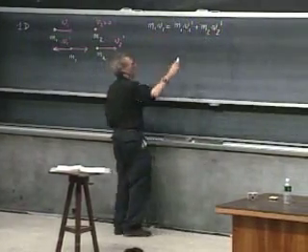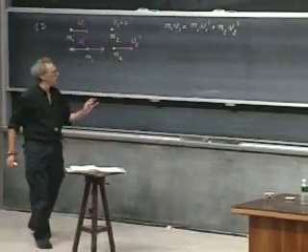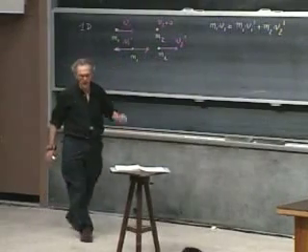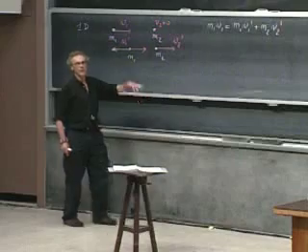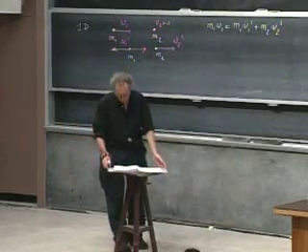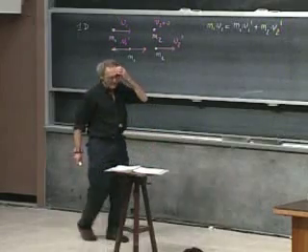Now, you may want to put arrows over there to indicate that these are vectors, but since it's a one-dimensional case, you can leave the arrows off, and the signs will then automatically take care of the direction. If you call this plus, then if you get a minus sign, you know that the velocity is in the opposite direction. So now we